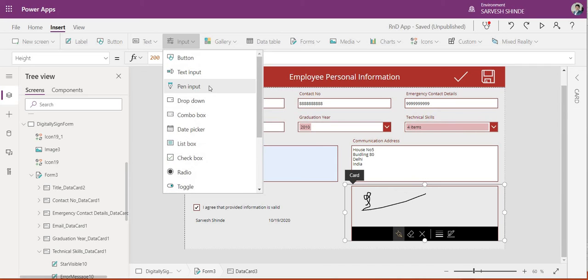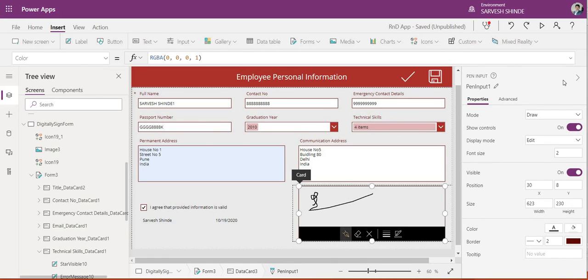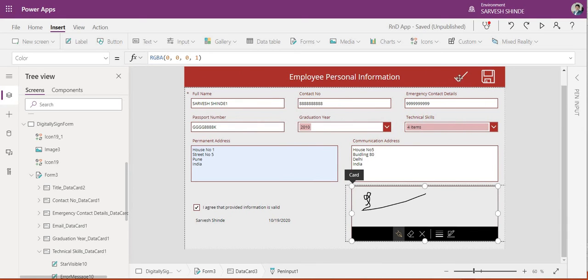We haven't changed any property, it's just the default control that we have added. This is the pen input control wherein the user can draw anything; here the user will be drawing his own signature. The name of the control is PenInput1.